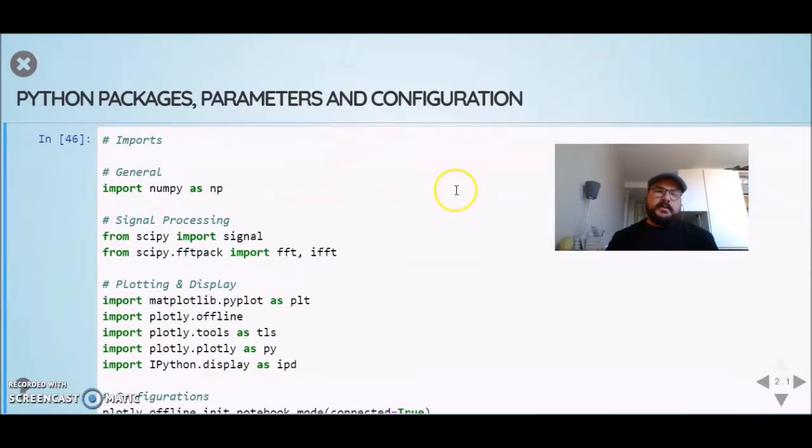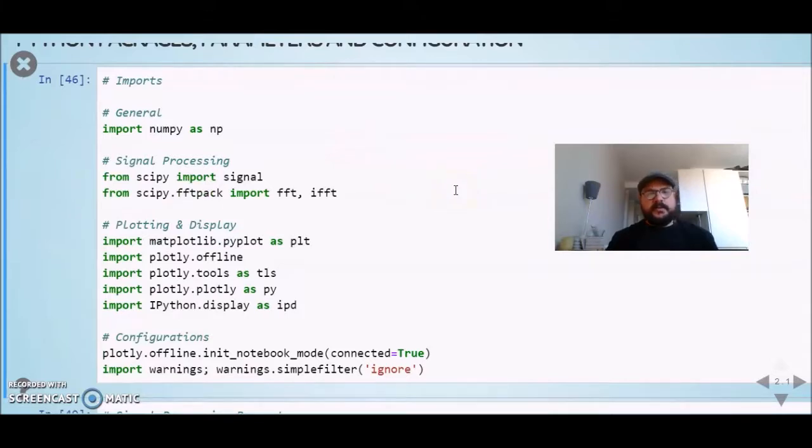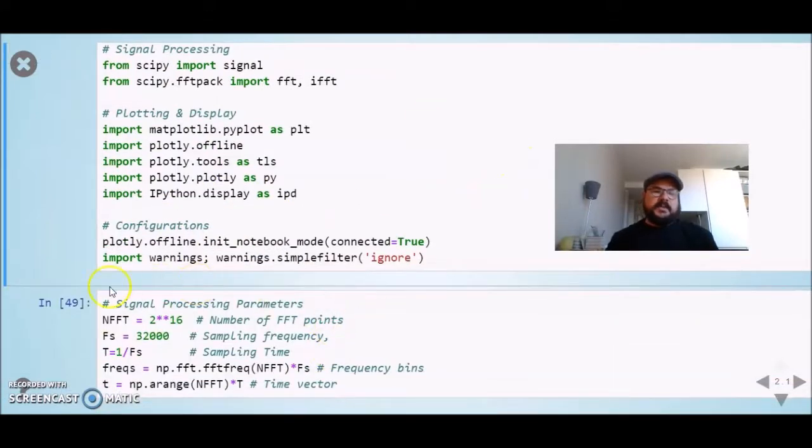Here we are loading some Python libraries. So we are going to use SciPy to calculate the FFTs. We are going to use matplotlib and plotly to plot. And these are the signal processing parameters we are going to use for this example. So we're using a sampling frequency of 32 kilohertz and a number of FFT points, 2 to the power of 16 points. So that's approximately